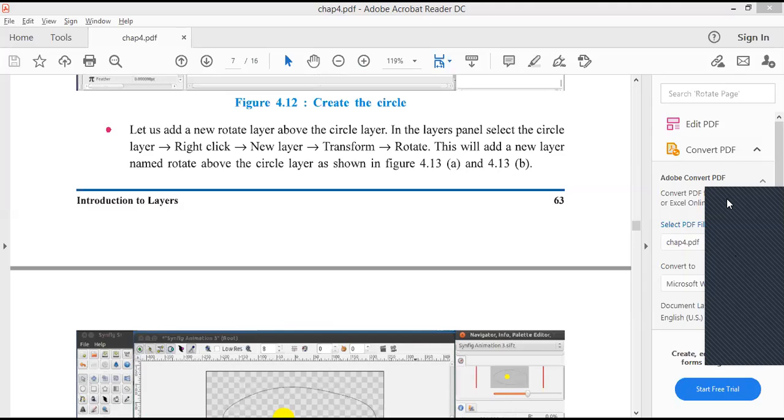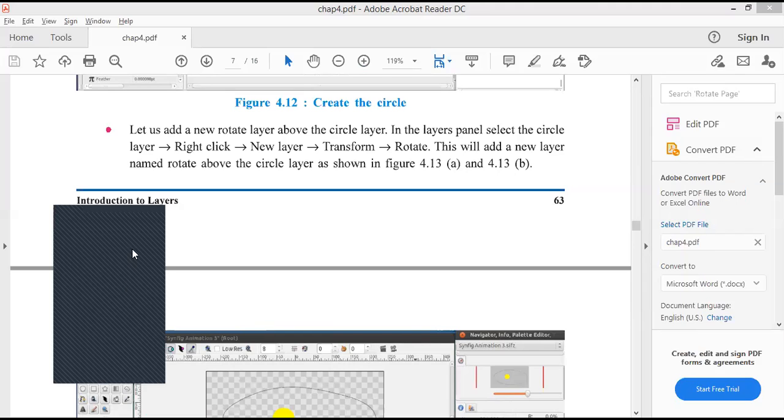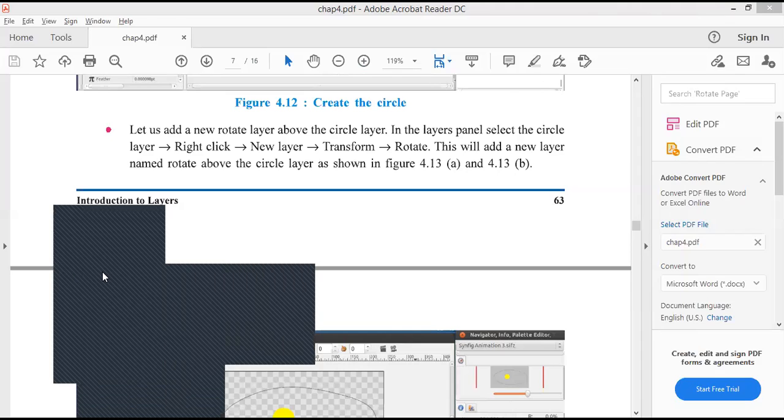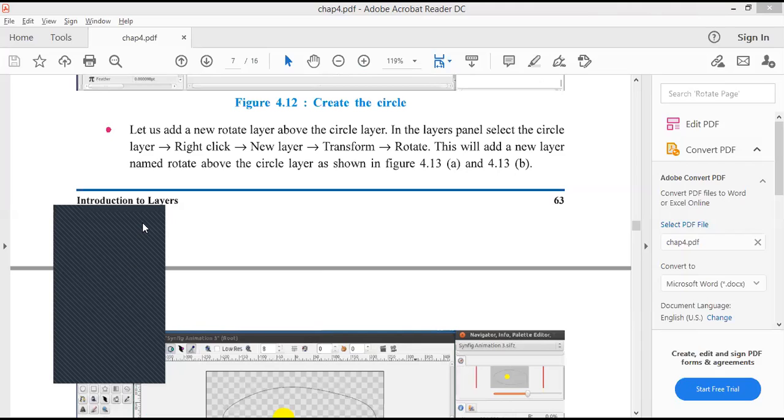Click on it. Right click on it, new layer, transform layer, rotate layer. A rotate layer will come here. See.